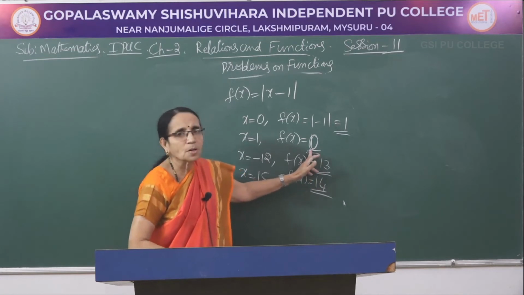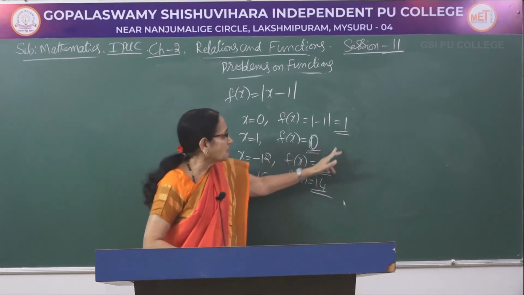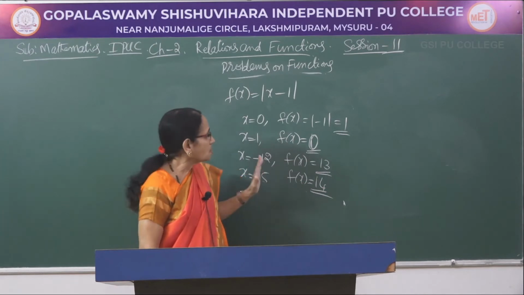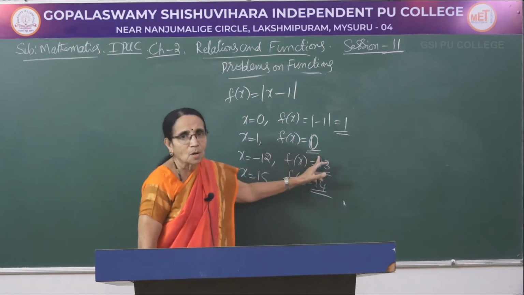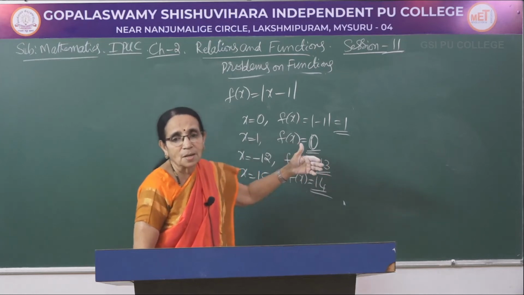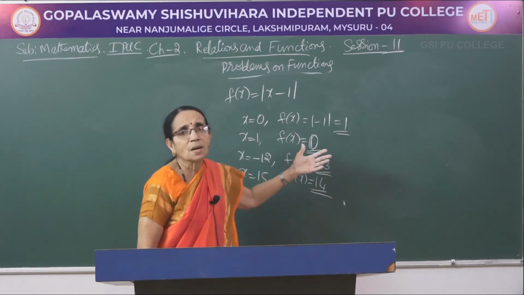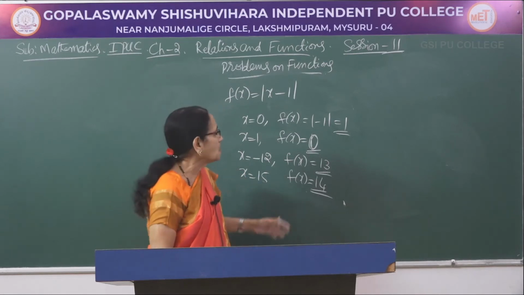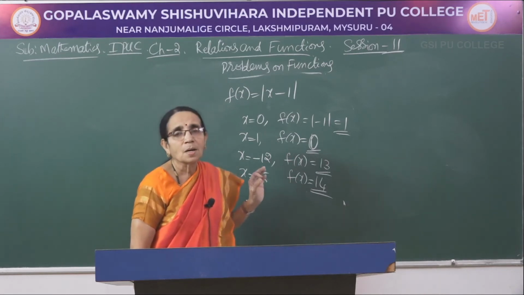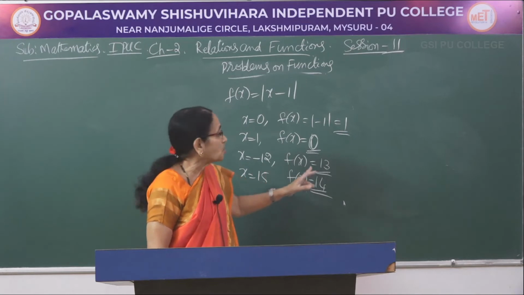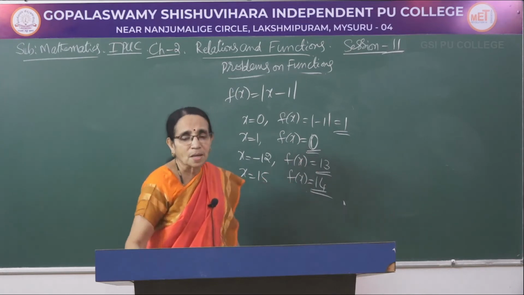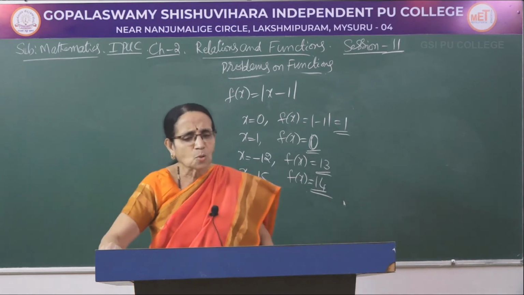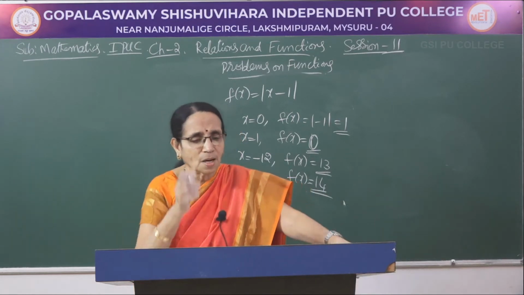What is the least value we have got here? 0. All the other numbers would be more than 0. So, the range starts with 0 and where does it end? It contains all the numbers up to infinity. So, how do you write this one? The range would be all, do not write positive because 0 is also included. We write it here as non-negative real numbers. Okay. There are 3 ways of expressing the range here.